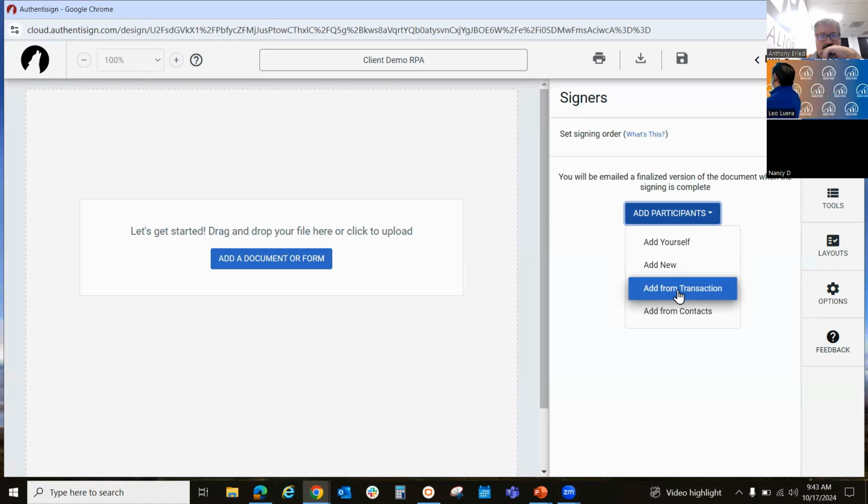Because if you pull it from new, then you would be the one responsible for dragging and dropping signature and checkbox fields, because it won't know the reason for this person's role in this transaction. But if you pull it from the transaction, then Zipforms automatically knows that person's role in this transaction. So if I click add from transaction,